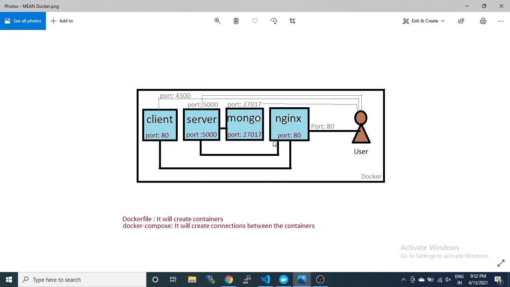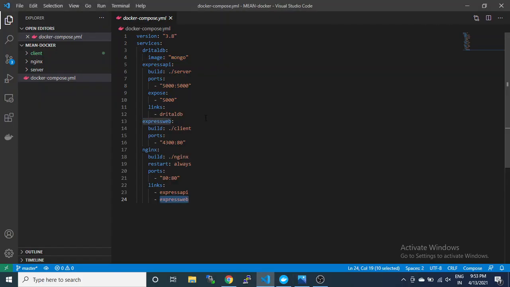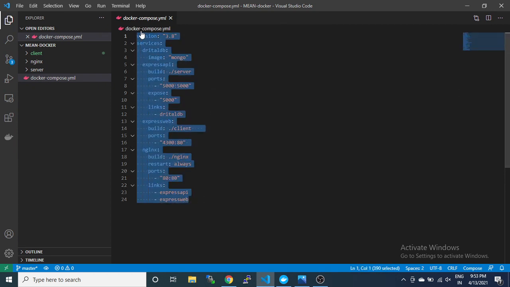So docker compose will be responsible for this, and also responsible for the port mapping, 80 to 4300, 5000 to 5000, and 27017 to 27017, the default MongoDB port, and it will also handle the default mapping for port 80. You can see here everything is very short and simple.